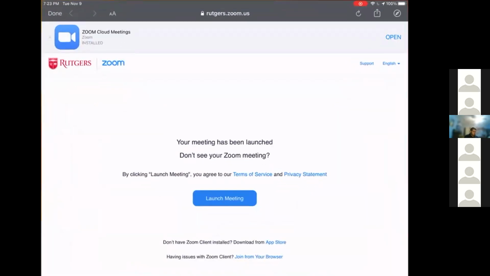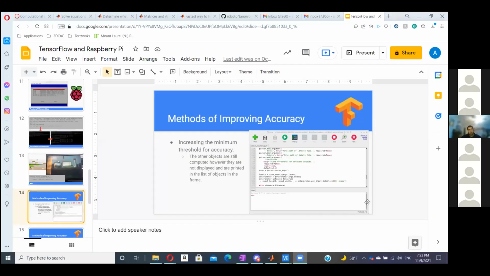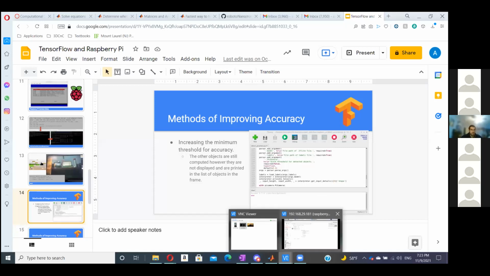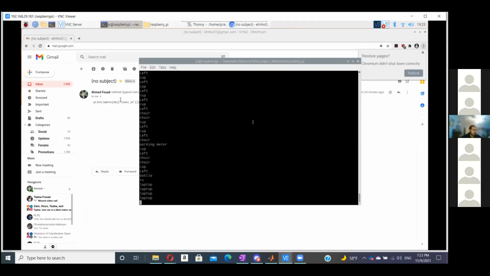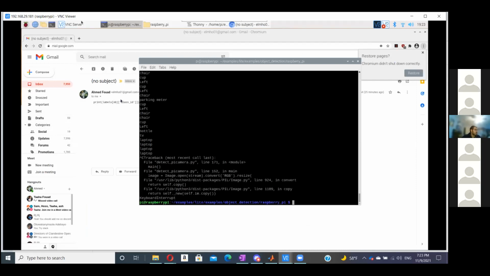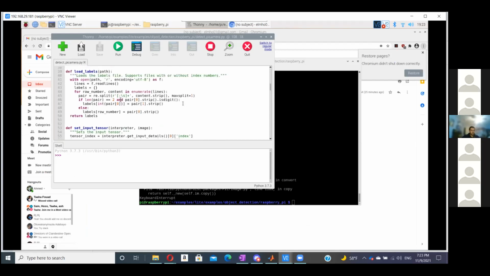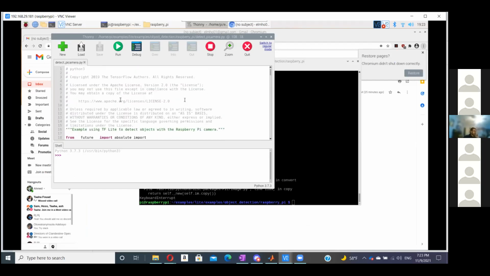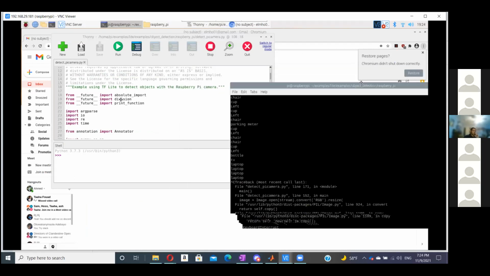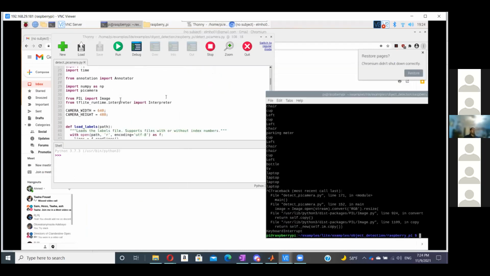But there's a few other things I can do, like a good high level overview of the code, so you can understand it and modify it. Okay, so back to the code. So it printed out the labels of the things that it found? Yeah, I'm going to get to that in a second. So basically, it's importing a bunch of libraries that it's using.